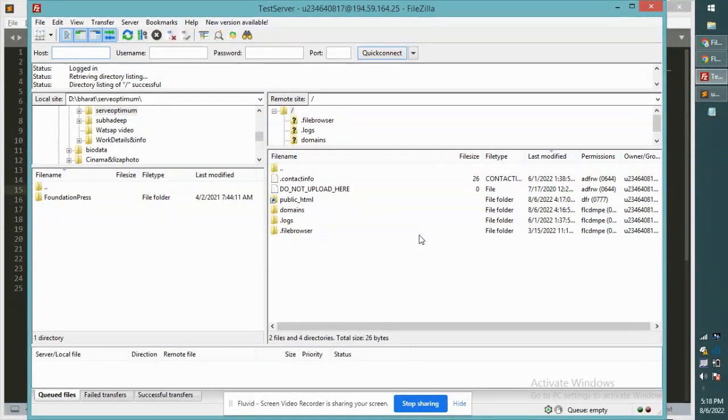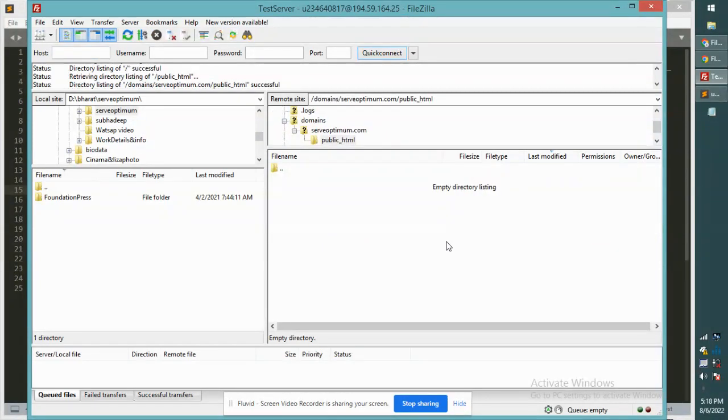What you can see now, after connecting, this FTP is connected to the server. So how can you know? You can go to this section here. It's a public HTML. Click on this. This folder is empty now. Okay. So first of all, we will upload a file from local server, and secondly, we will create a new